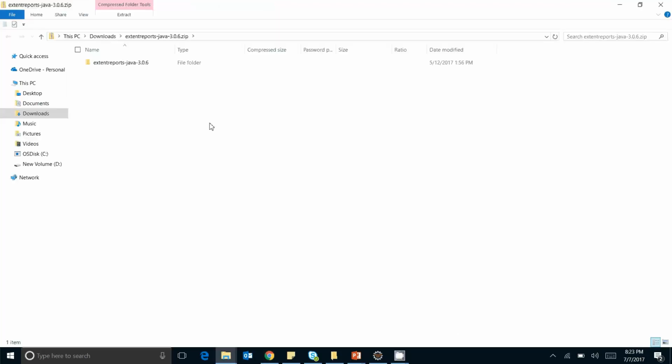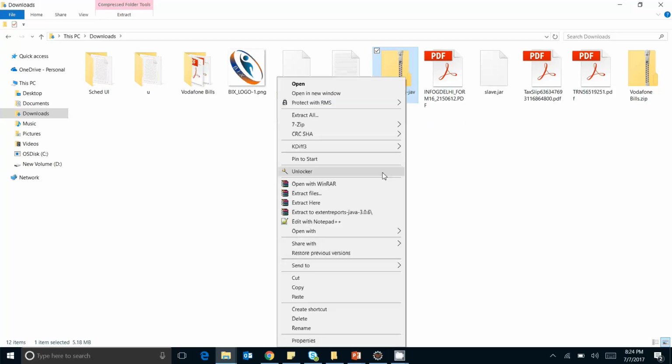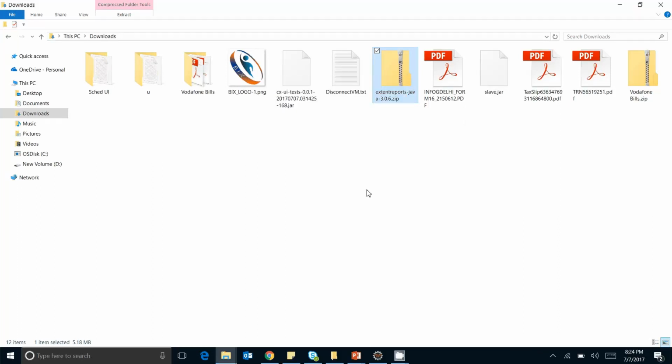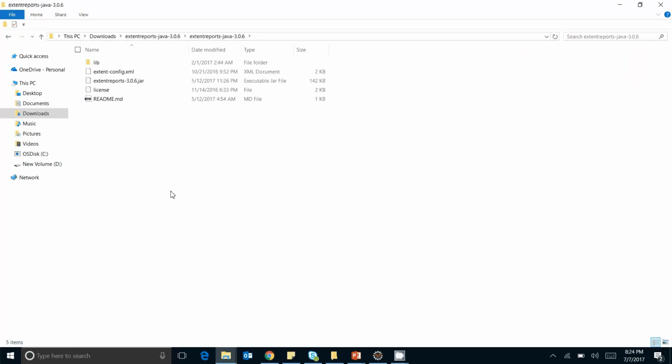So you can see it has been downloaded. I will go to my downloads. Here I have the downloaded zip file, extentreports.java.3.0.6. I will extract this file. It has been extracted here inside my C directory, inside my downloads directory. I will open it. Here I will find a readme.md file, a license file, and the extent report 3.0.6 jar and